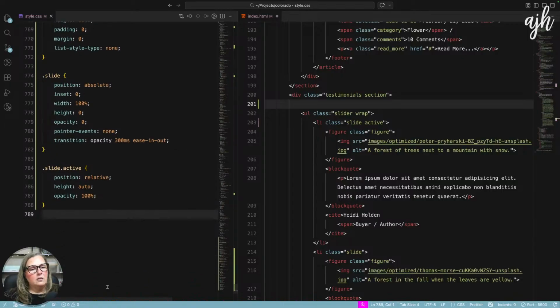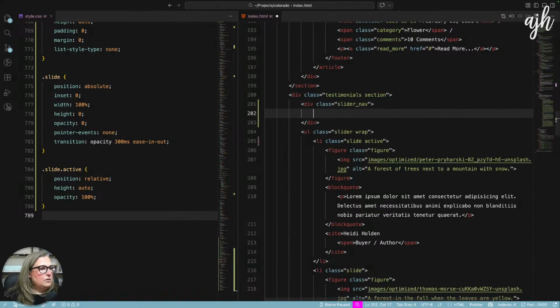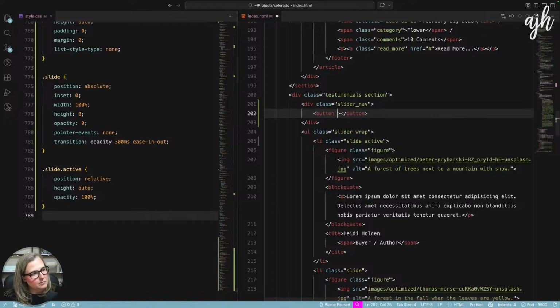All right, now let's do our slider navigation, which we forgot to put in the arrows, so we'll just do that now. So we'll just do div, slider nav, and then those need to be buttons. So we'll just say button. We'll give this a class of, so on the left, it's previous.